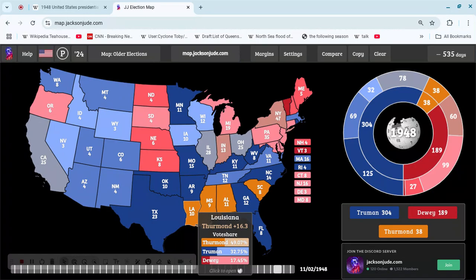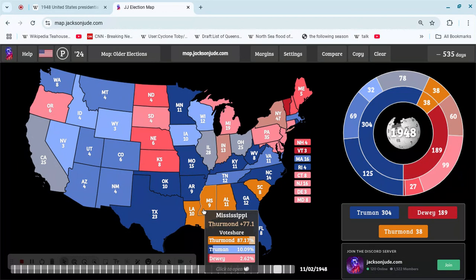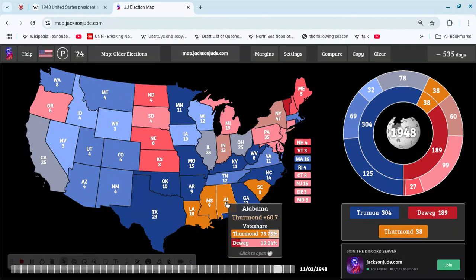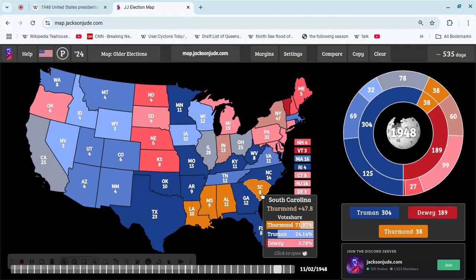It turns into like a 60-point win for Democrats. Mississippi would turn into like a 95-point win for Democrats. Alabama would still be a 61-point win for Democrats now. South Carolina, probably like a 96-point win for Democrats. I'm not saying it would have gone the same way, but they all would have been safe for Democrats had